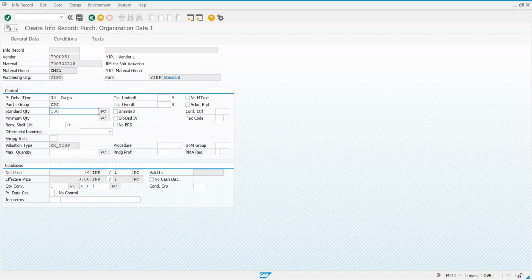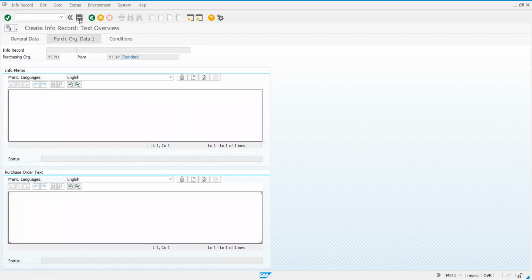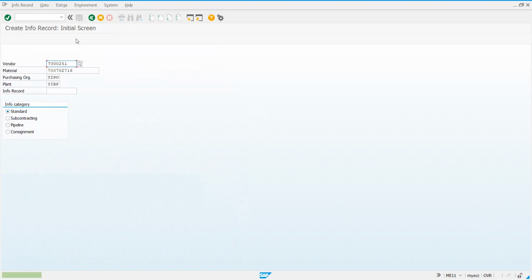You can observe external YIBP. This is EXYIBP. Maximum quantity, I'll enter some number. So I'll maintain same. External is 90 INR. I'll save this. 251 vendor.